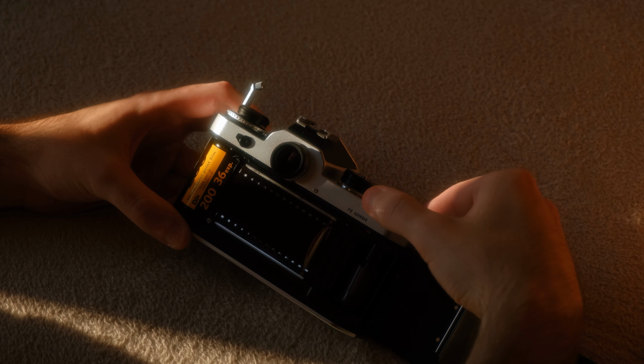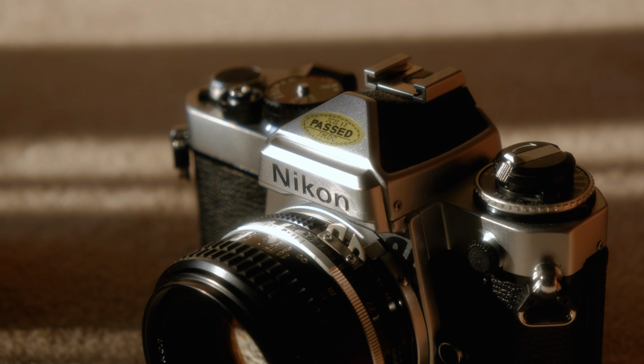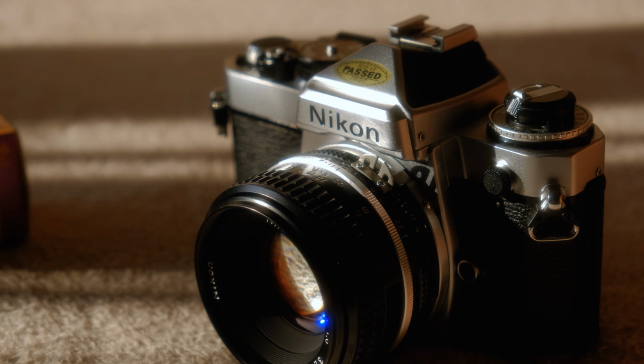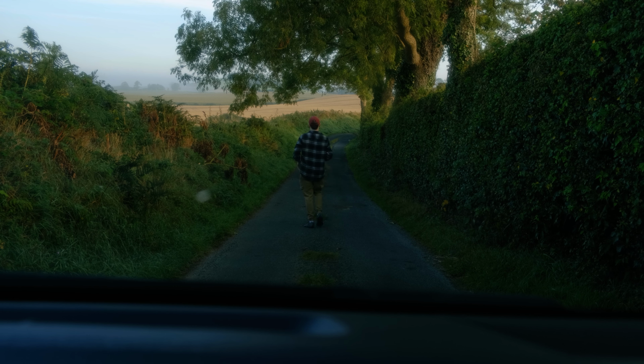So yeah, that's the process of using a 35mm SLR film camera to take film photos. If you're watching this before you actually shoot your first roll of film, or if you're very early on in your film shooting process, then that may seem a bit overwhelming, all the stuff I'm talking about in this video. It does get a lot easier, and the more you do it, the more you'll get used to it. I know there's a lot more steps to film photography than just picking up a digital camera and snapping away. But honestly, all the different steps that you have to take make the whole process a lot more enjoyable,